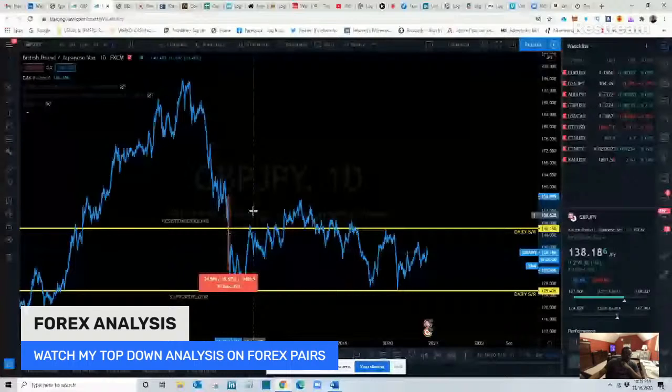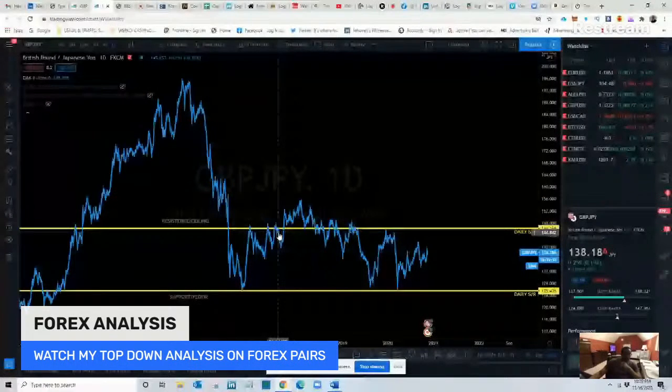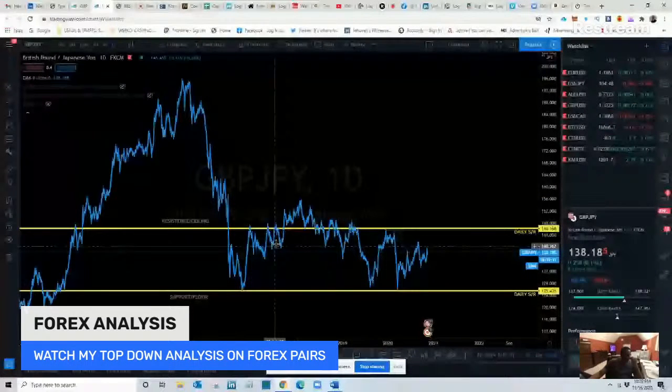So 1, 2, 3, boom. Then it shot up a little bit, hit resistance at least 3 times. No, it hit support again here. So see, sometimes it hits support or resistance at least two to 4 times, and then price broke this